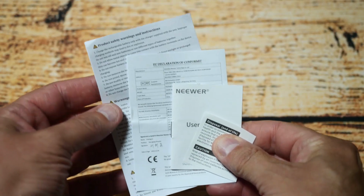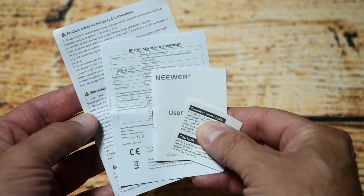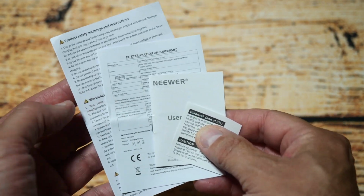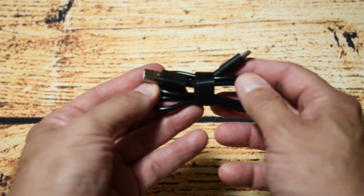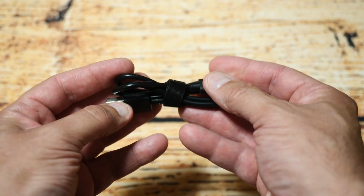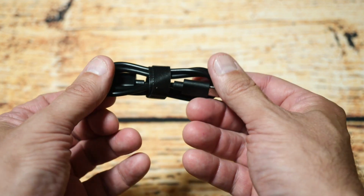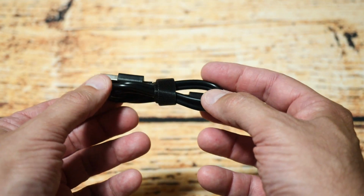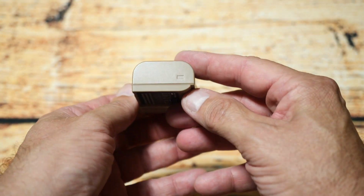So the first thing out of the packaging is all this paperwork, which is quite surprising considering it's just a replacement battery, but it does include quite a bit of paperwork in the box, which is interesting. Next out the box is a charging cable, and this is a USB-C cable, and it's unusual to get a charging cable with a replacement battery, and I'll show you why we've got a charging cable when I look at the battery. And finally we've got the battery itself, and as you can see this is the newer